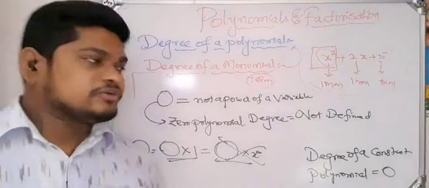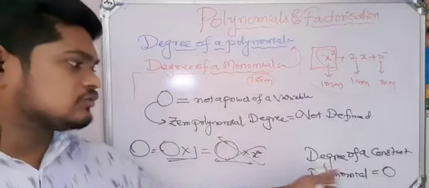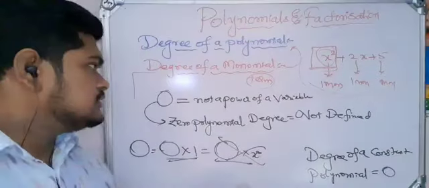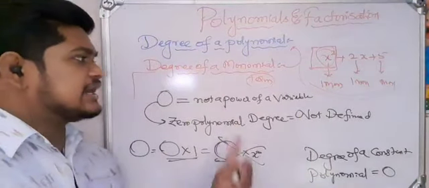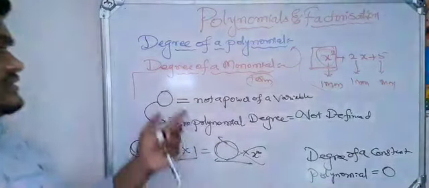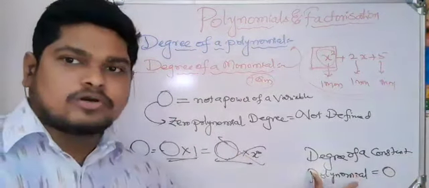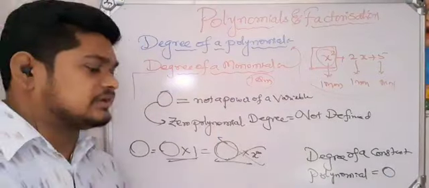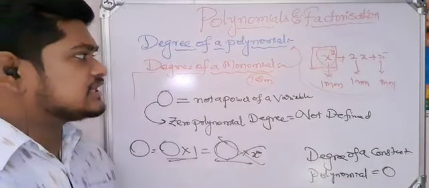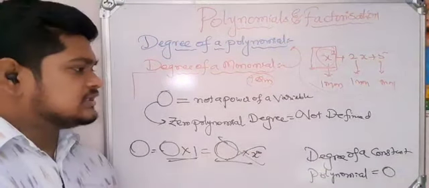From this, first of all, we covered two concepts. One is that the constant polynomial degree is equal to 0. The other is that the 0 polynomial degree is not defined. This is a monomial. This is also a monomial. These are the different types of monomials. One is constant, one is the 0 polynomial. Next, we should consider 2 or 3 terms. This was about a single term.